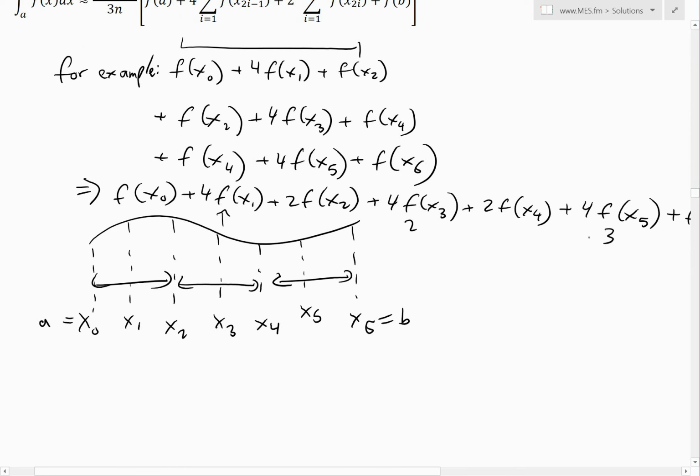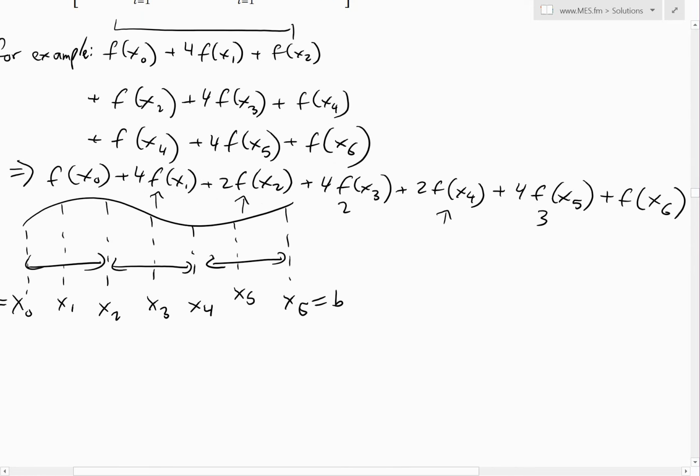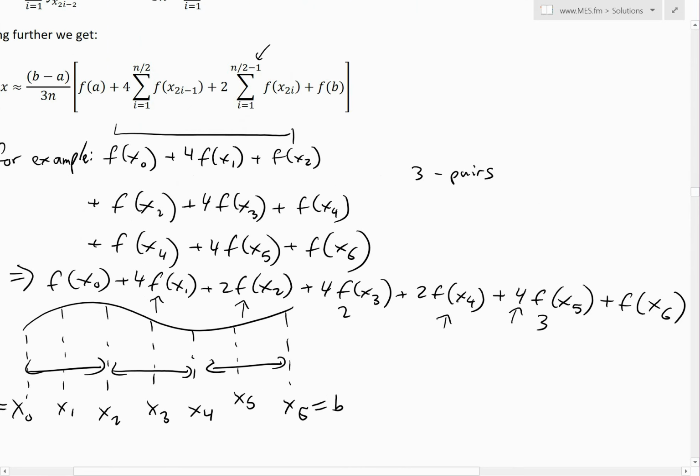And now here there is 1, there is 2. So as you can see, there are 3 pairs of subintervals. And for this 4, there is 1, 2, 3. So that is our n over 2. This is our n over 2, which is n is 6. So that's why we have this n over 2, and then this n over 2 minus 1,